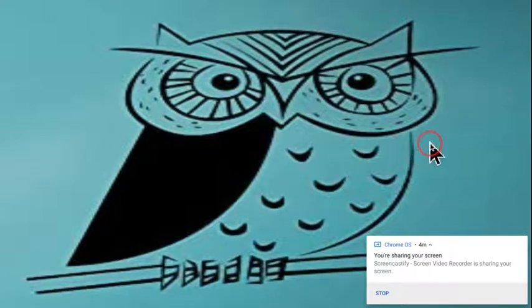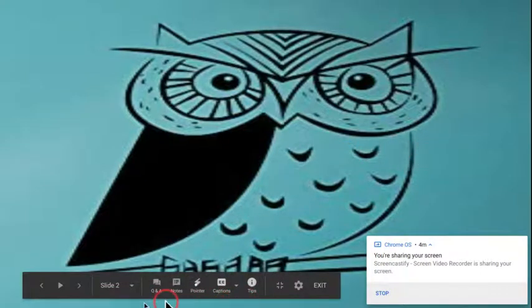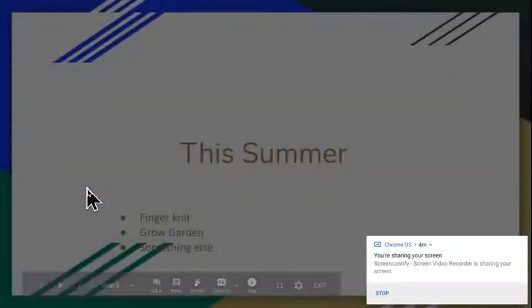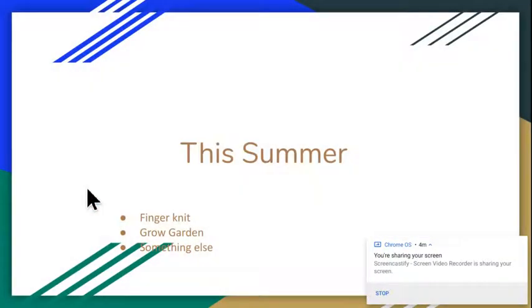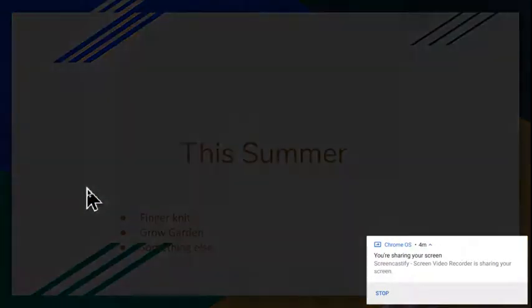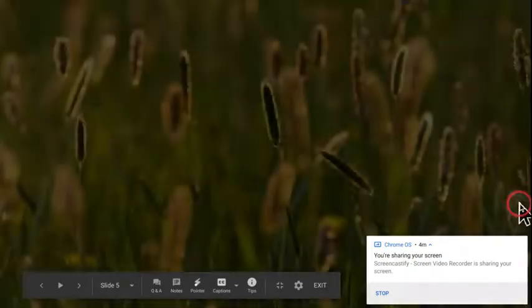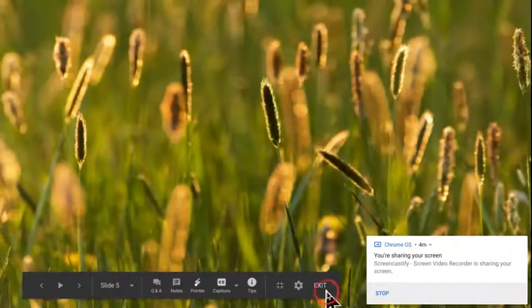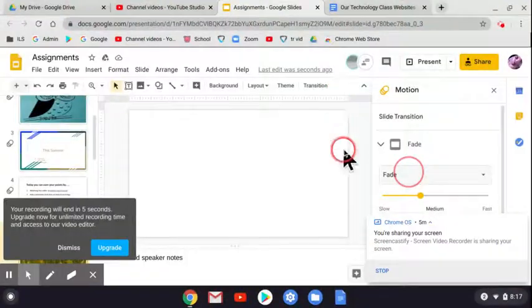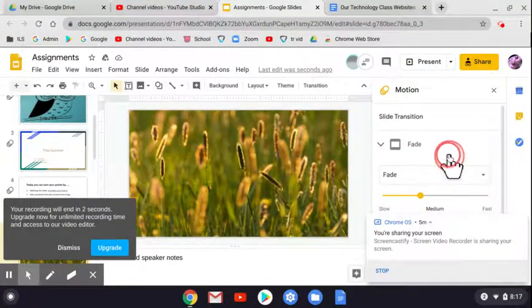Now when I want to move to the next screen, I have a couple different options. I can go down here to this little toolbar and click next, or I can just click. And instead of just flipping to the next slide, I chose fade, so it slowly fades out and fades into the next slide. There are several different, I'm going to exit this now. There are several different types of transitions you can use. Some of them are kind of cool. It just makes your slideshow a little more interesting. So those are your